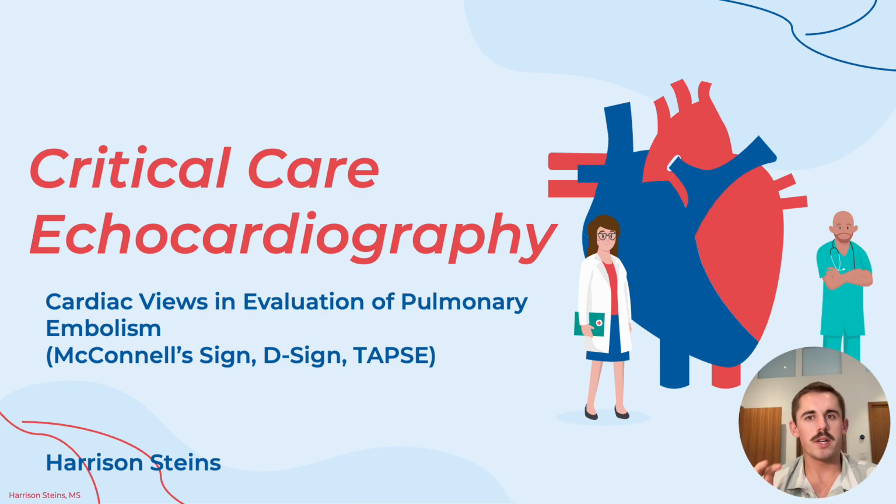So, for a suspected PE, bedside ultrasound offers life-saving clues: a dilated right ventricle with interventricular septal flattening, known as D sign, or McConnell sign, which is regional right ventricular dysfunction, an akinesis of the lateral right ventricular wall, and hyperkinesis, or just general movement of the apex, can indicate pulmonary embolism, as well as a reduced tricuspid annular plane systolic excursion. So in our last video, we looked at MAPSE, and now we're essentially doing the same thing with the tricuspid valve and taking a measurement at the tricuspid annulus